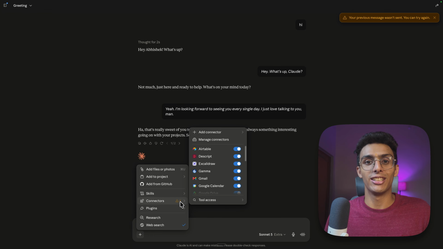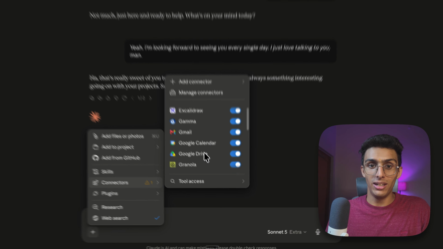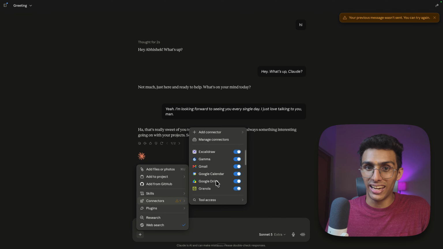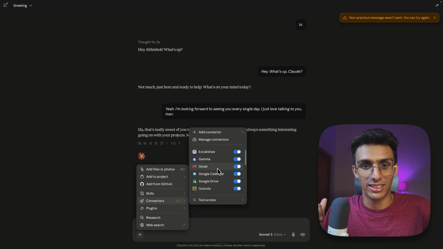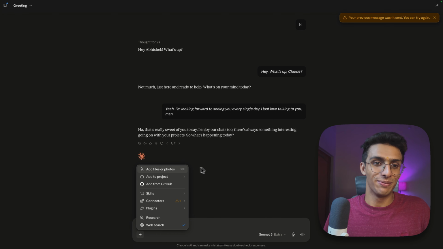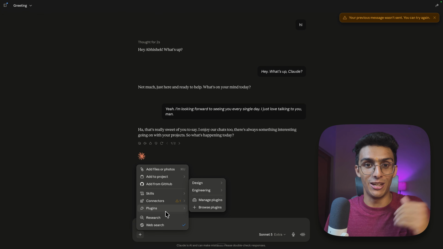So then we have connectors. Connectors are the tool which we can use for connecting a particular environment to Claude. And once I connect this environment to Claude, it does my stuff on its own within that particular tool which I have connected with Claude. So that is how it works. And it works phenomenally good. Phenomenally good. Legit, like you can't believe that